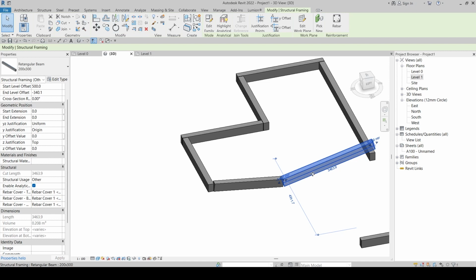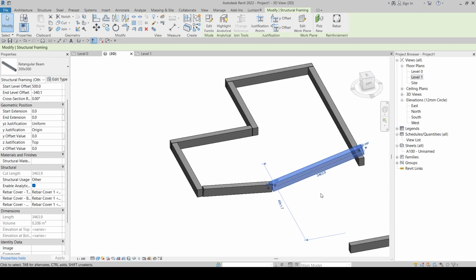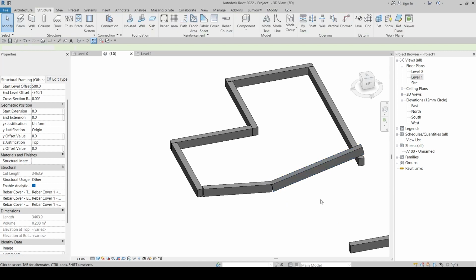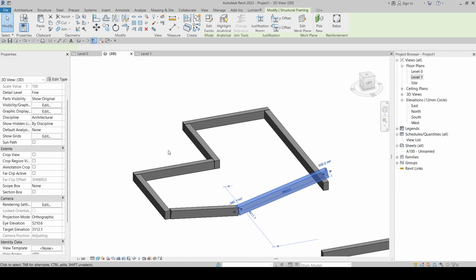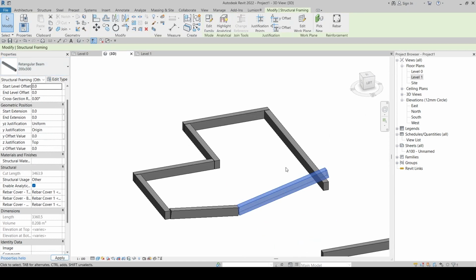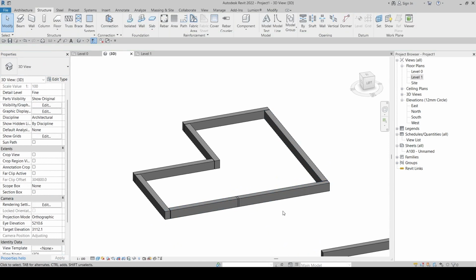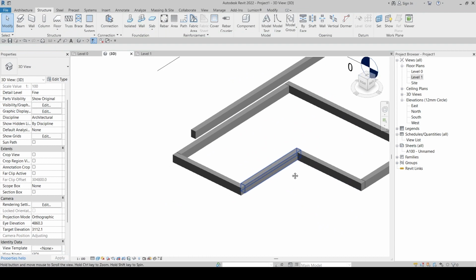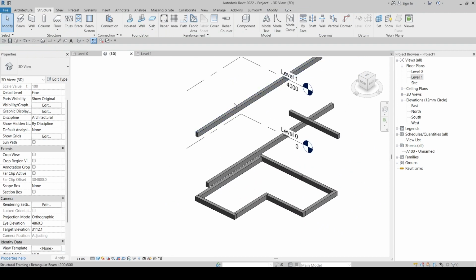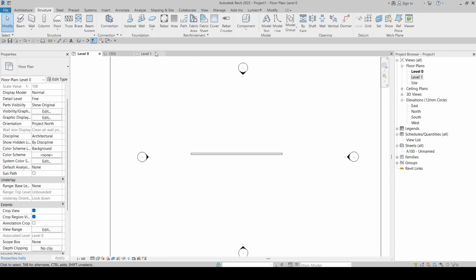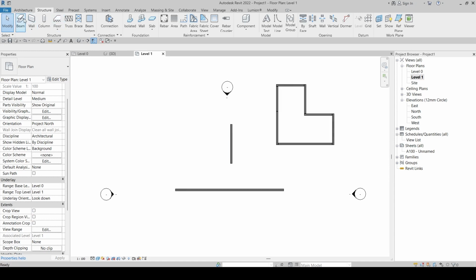Okay, don't worry, that's how Revit is playing. Okay, I'll change back to 0 and 0, like this. Okay, if I create the beam,